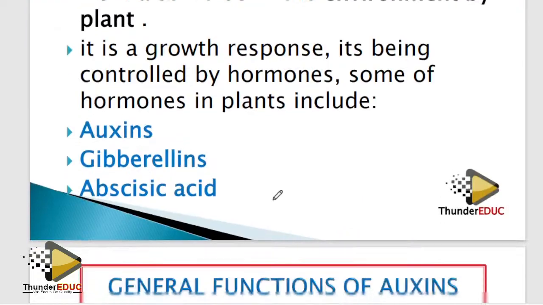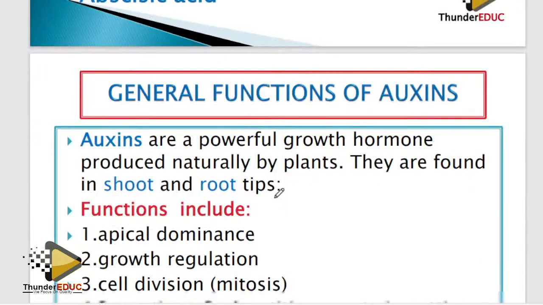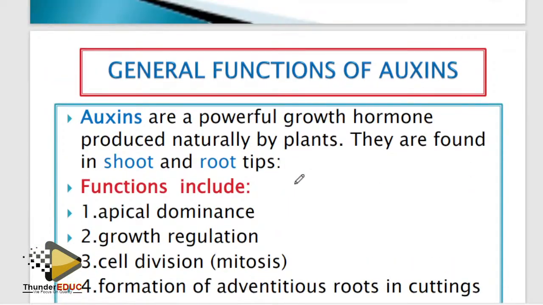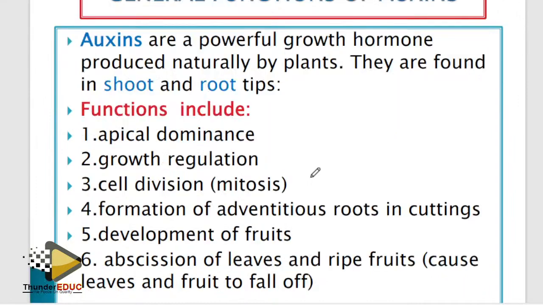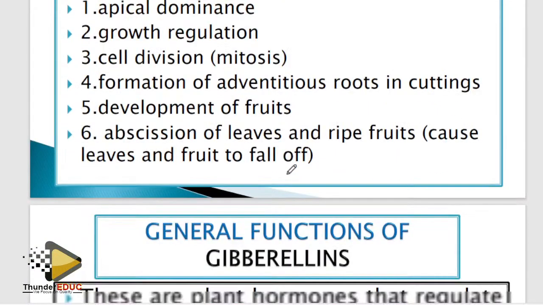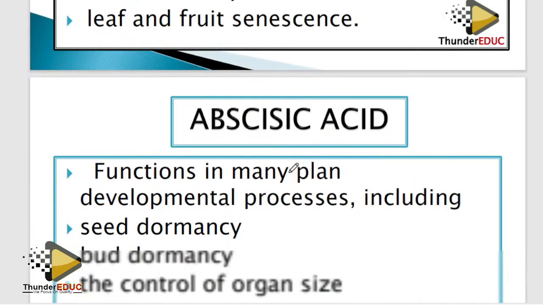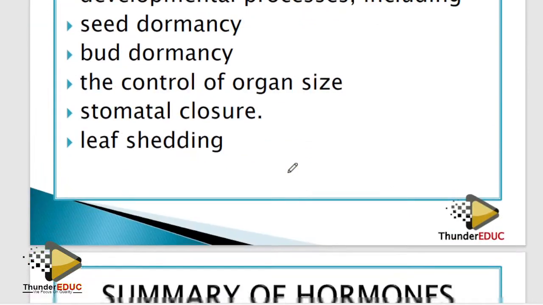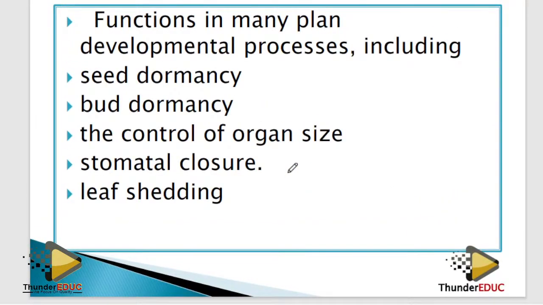Tropism, we say it is a simple thing, so the general function of auxins. Talk about the function of auxin. Remember, it is found at the apex, so it brings about apical dominance, growth promoter. So basically, in this, we always talk about auxins. Yes. Abscisic acid is for dormancy, not dominance.